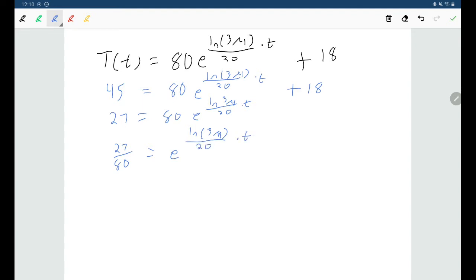And then rewrite this as per usual as a logarithm. So this would be natural log of 27 over 80 is equal to natural log of 3/4 over 20 times t. And then we can solve for t, bringing the 20 up,